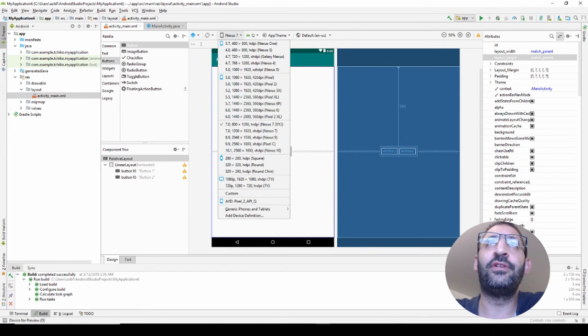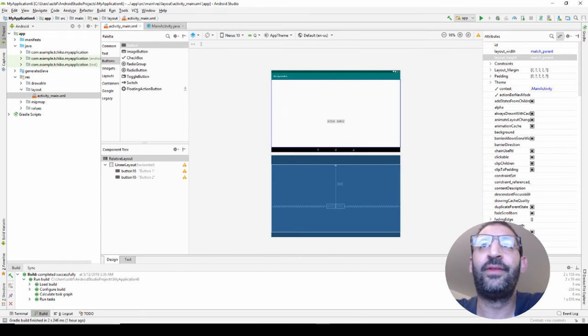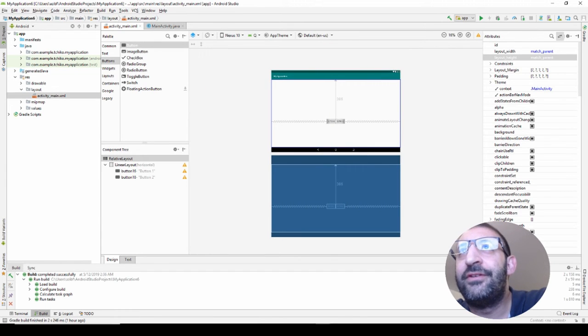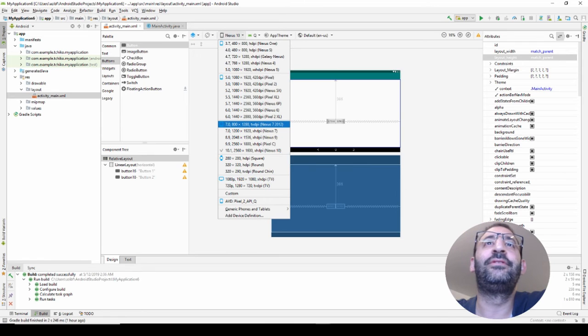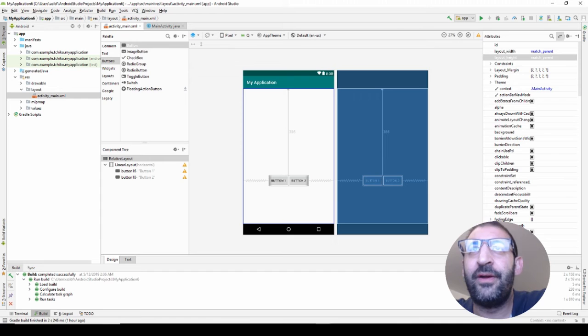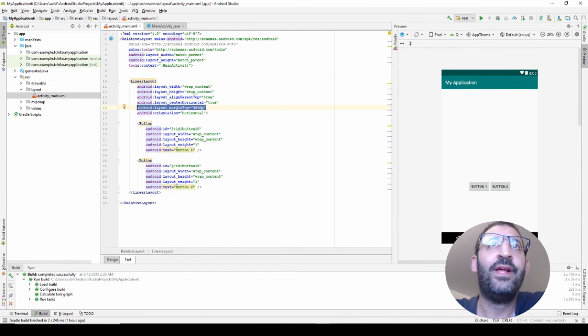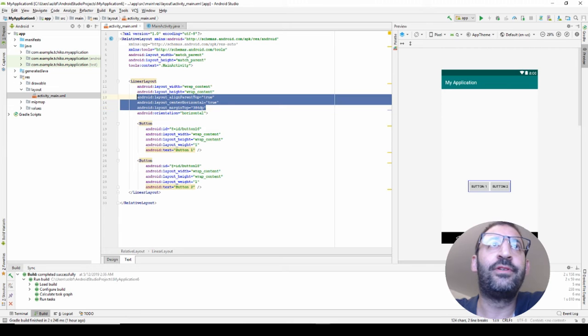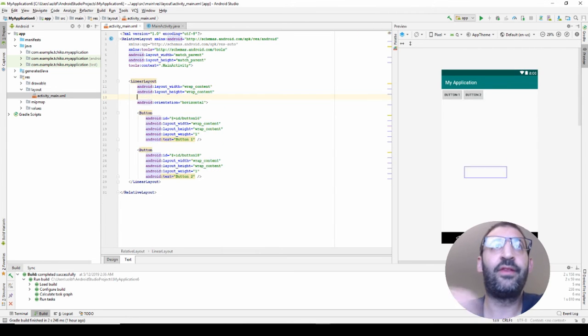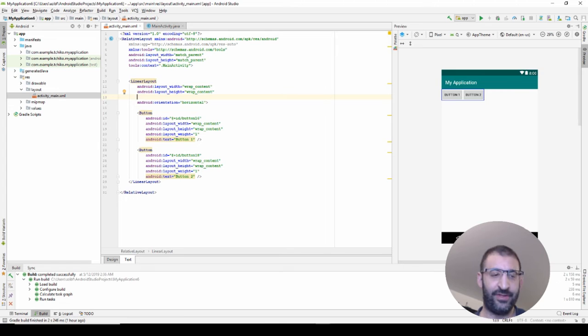For example, if I change to another screen or another device, it is not in the center, okay? I want to play it here in the center, in vertical and horizontal. So to manage this, I will delete all this component, all this thing, and now I will add